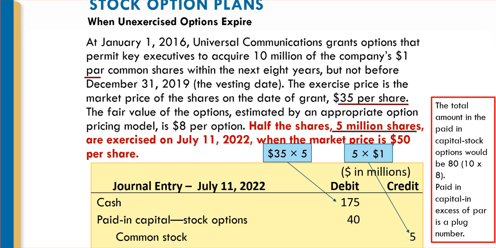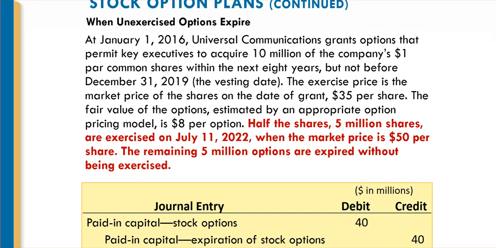That's what it is. So you can't see it, but the bottom paid-in capital in excess of par has nothing to do with market price. It is a plug number you put in there, and it is 210 million. You can look at your PowerPoints that are published in Canvas to look at those, but that journal entry, 2 debits and 2 credits. Now this one you get to see all of it.